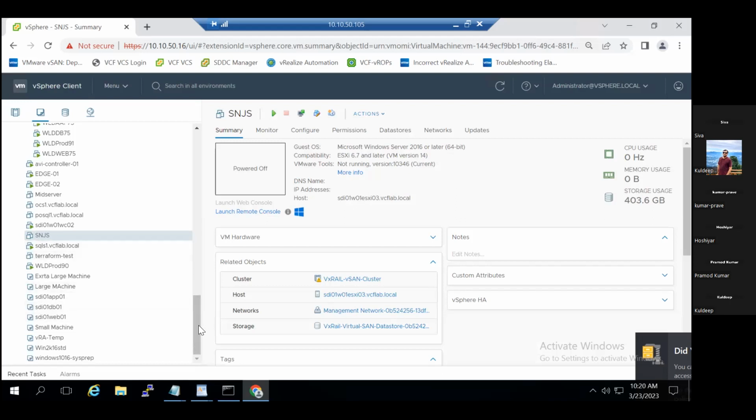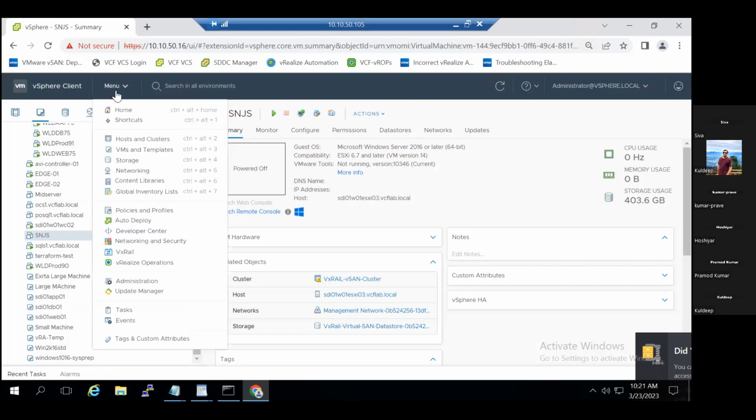But here you can see a number of templates are already available, right? So we will use one of them for reference purposes here. But before that, I want to show you how to create a custom specification wizard that we can apply on the VM during the VM creation from the template. Okay. So for that, what we need to do,